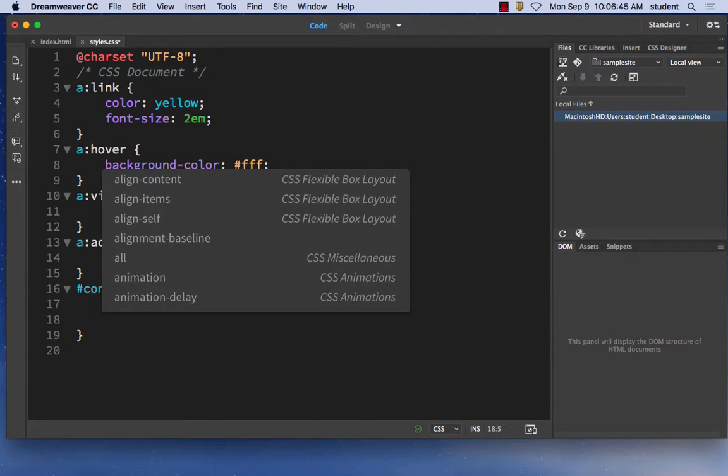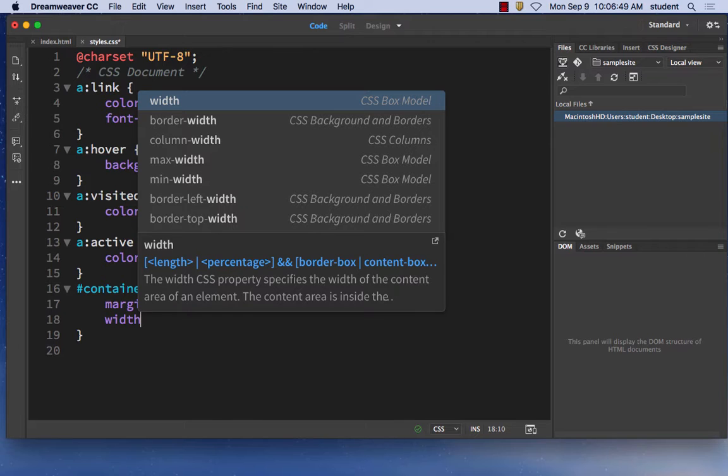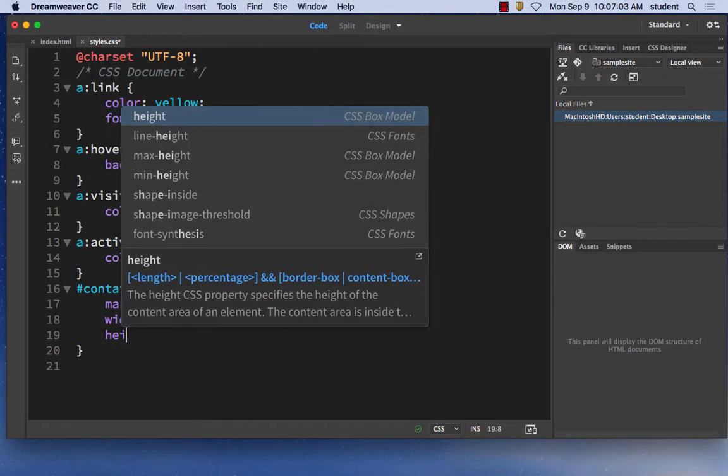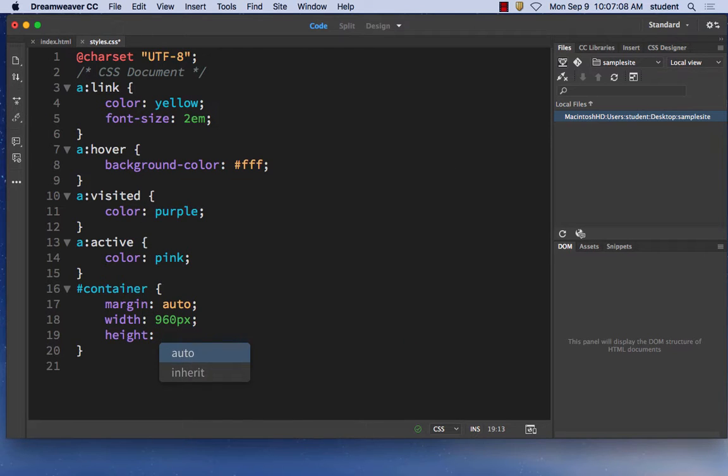This designates how big the box is going to be. So if you see width, that tells it how big the box is going to be. It's going to be 960. And make sure you don't put a space after that. PX is right after it. Then put a semicolon. Don't put a space between the number and the PX. What does PX stand for? They're pixels. And then height. That's going to be 750px, and then background color,